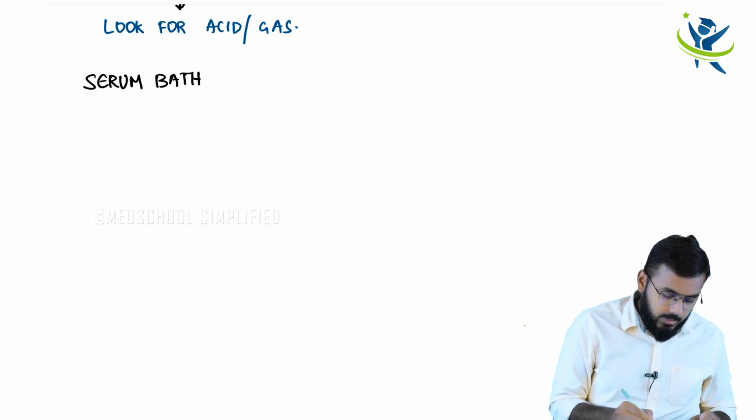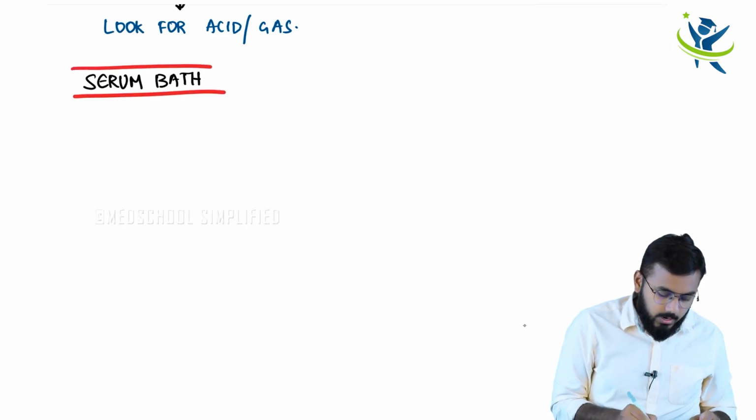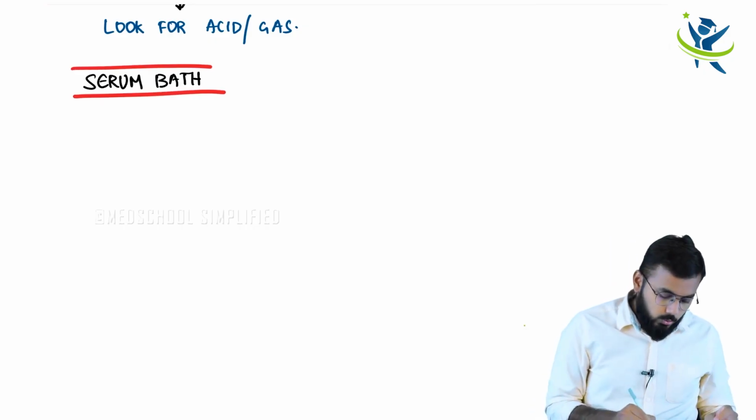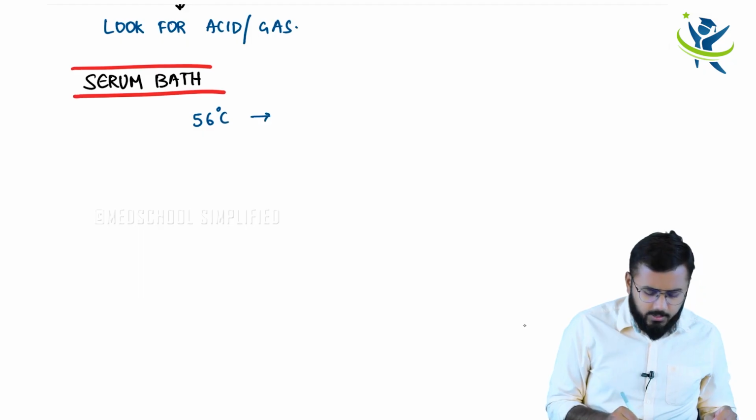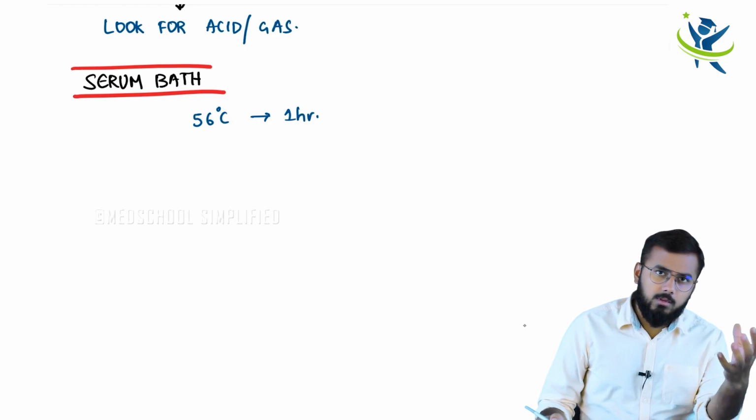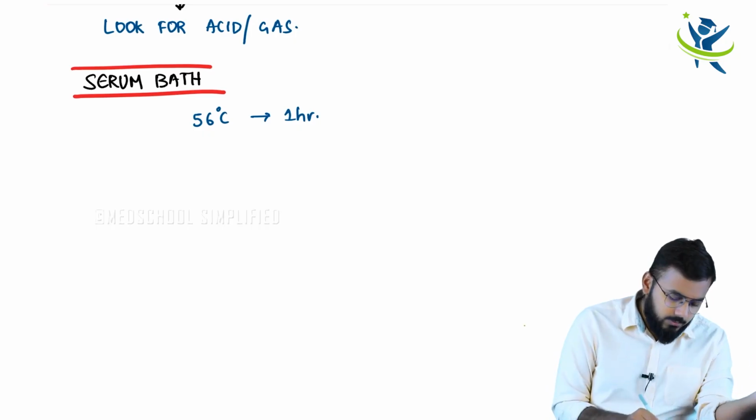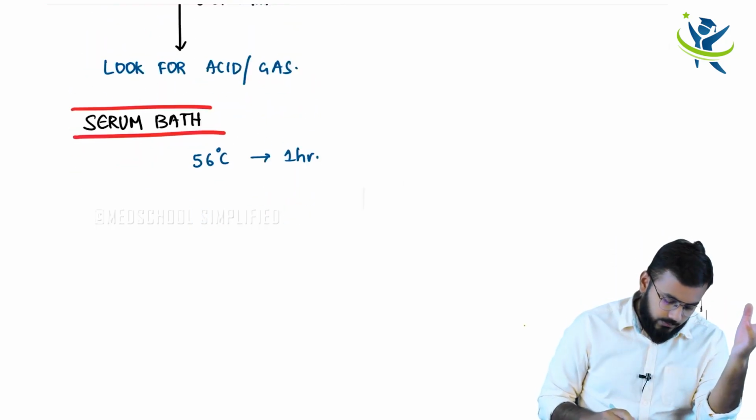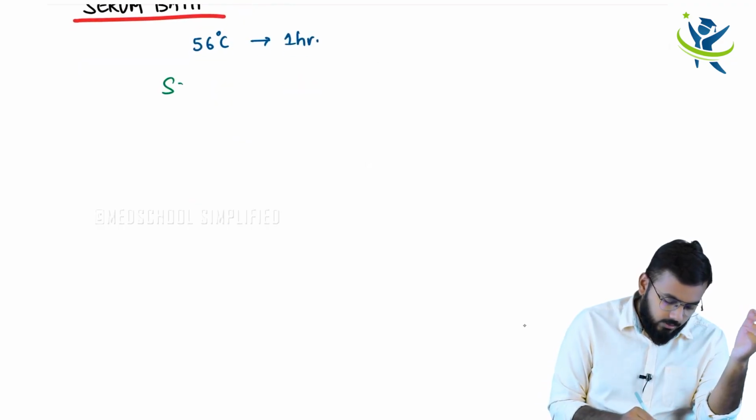What is serum bath? Now, in this serum bath, first of all, let me discuss the temperatures. You use a temperature of about 56 degrees centigrade for about 1 hour. Now, what are the materials you basically use in this serum bath? What are the materials you basically use are any kind of serum or body fluids. Okay, so any kind of serum